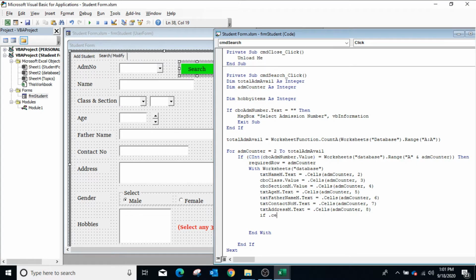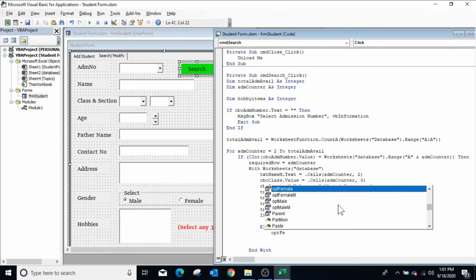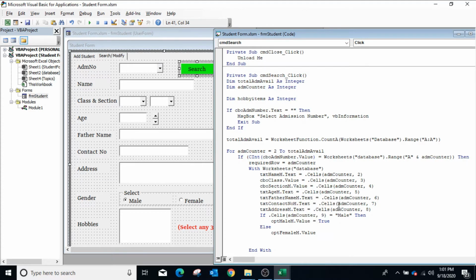If dot cells ADM counter, comma 9 equals to male, then we will make option box male dot value equal to true, else we'll make op female dot value equal to true. Then end if.